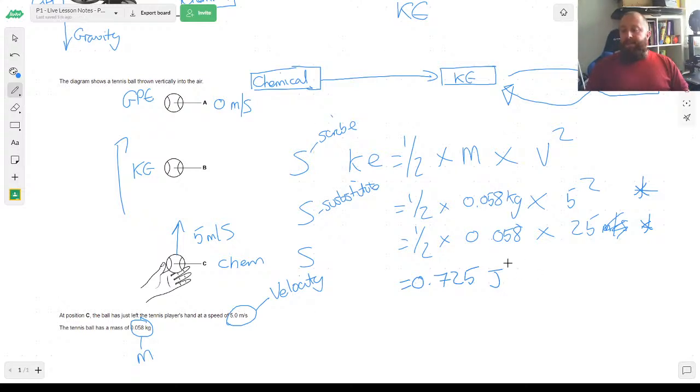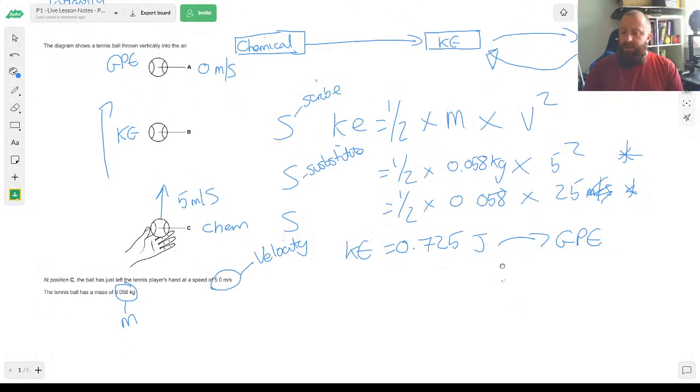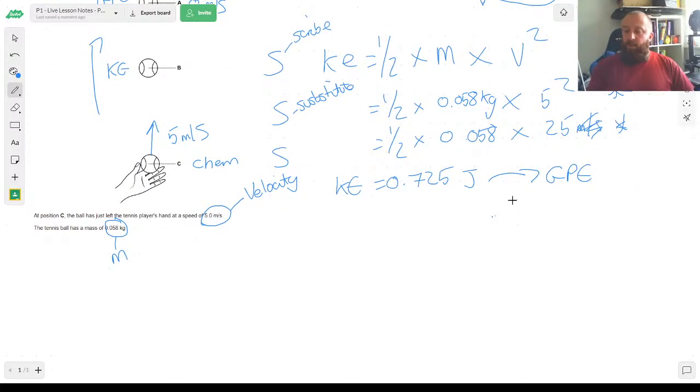So this is going to be the kinetic energy that the ball is going to have here. Remember, that is our kinetic energy, and as we throw it, that's going to convert into GPE. So what we can do with this one is we can turn around and say, well, the maximum GPE, and this